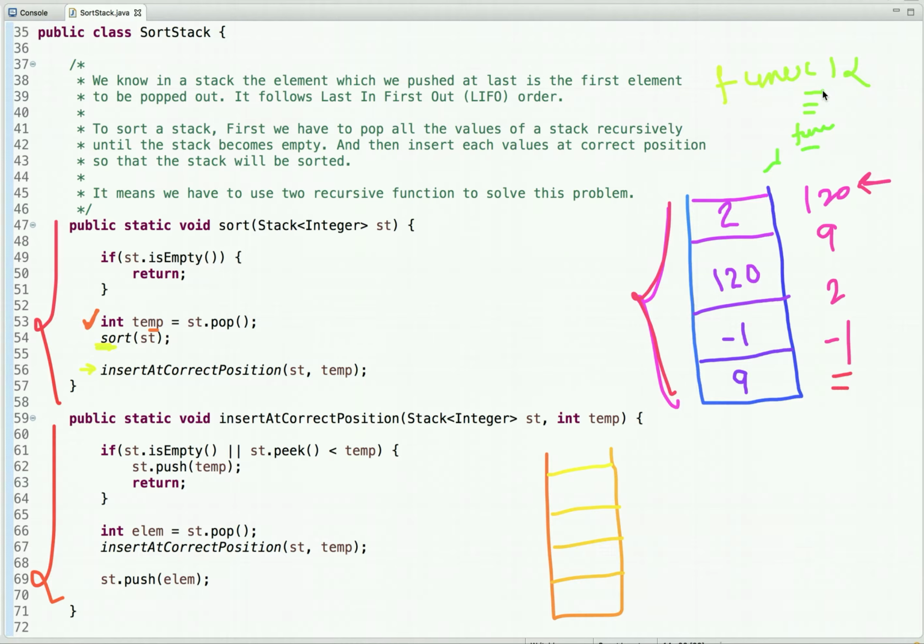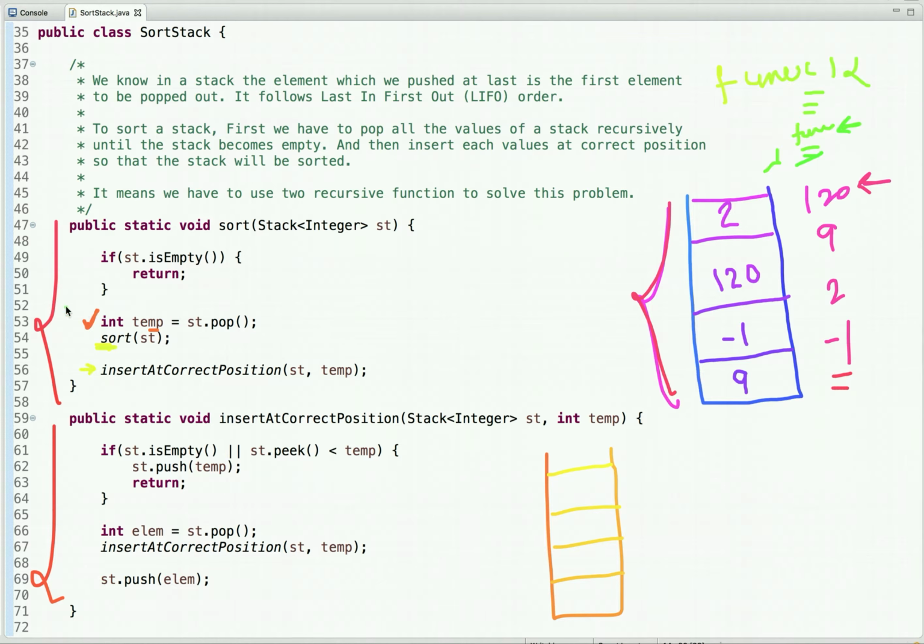Whenever the statements are executing and they encounter a function call, it is put in the call stack, and first this function will be executed, then this line of code will be executed.